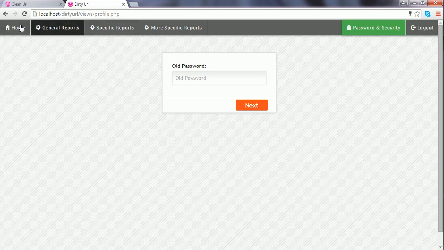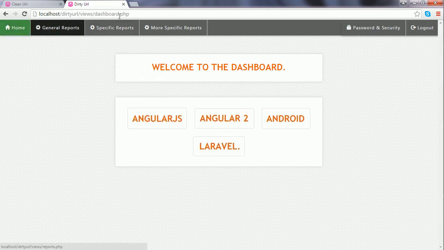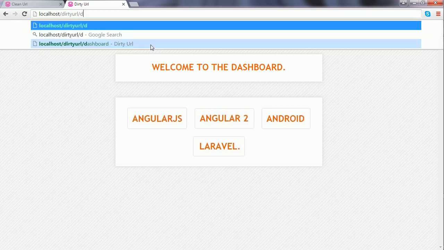Now I go to the dashboard. In place of the last two segments in the URL, I just write dashboard and hit enter. I said that when the last segment is dashboard, the dashboard.php must load. Here, I see that there is an error message for me, which tells me the requested URL was not found